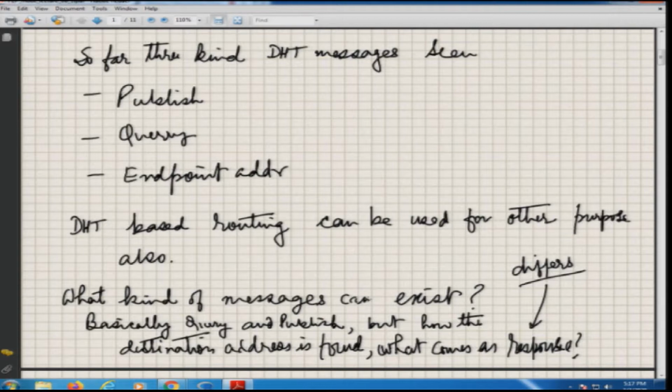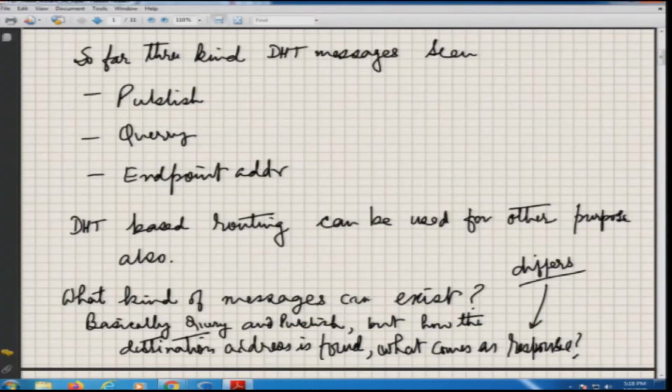And the third type, which we looked at when discussing voice over IP over a peer to peer network, was what is the corresponding endpoint address. So, there was no entry in the DHT, but DHT routing was essentially used to send a query all the way to a destination and then ask what the endpoint address of that particular device is. Okay. But we had assumed so far that all nodes are participating in the distributed hash table.